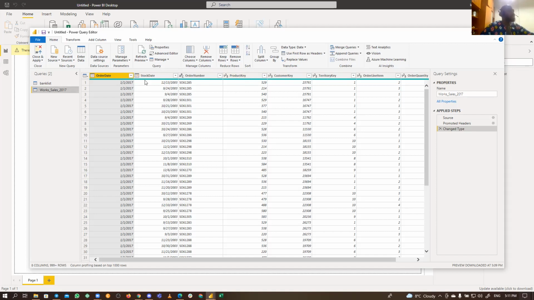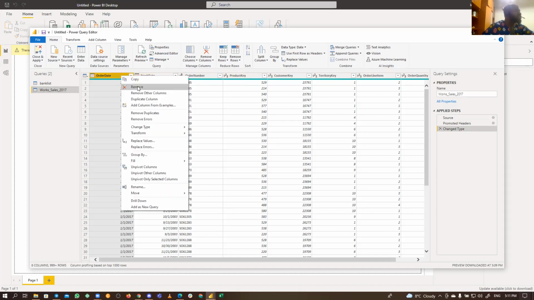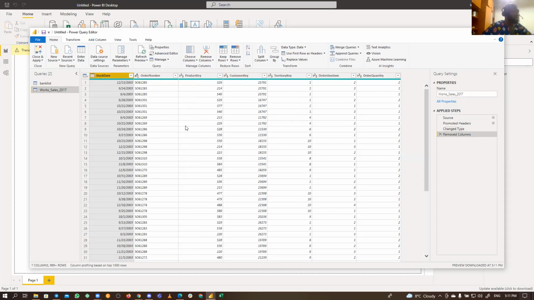Okay. So one interesting thing about this Power Query I want you to know is there's no Control Z, and I'm sure most of us are probably used to that by now. If I make a mistake now, for instance, I remove this column, I cannot Control Z to take it back. Alternatively, what we can do is come to this section called applied steps.